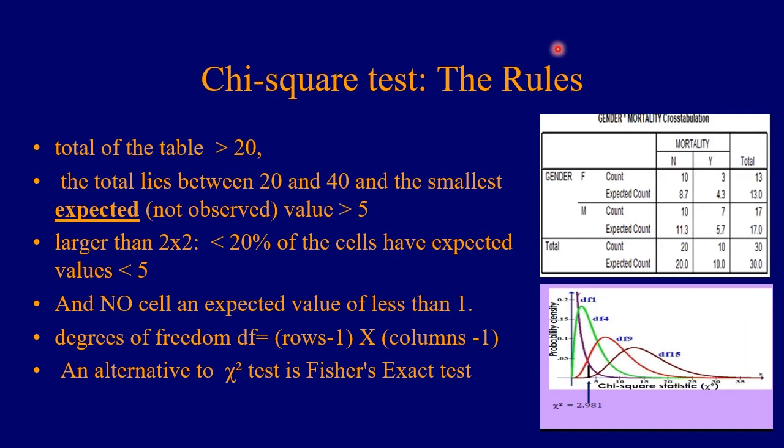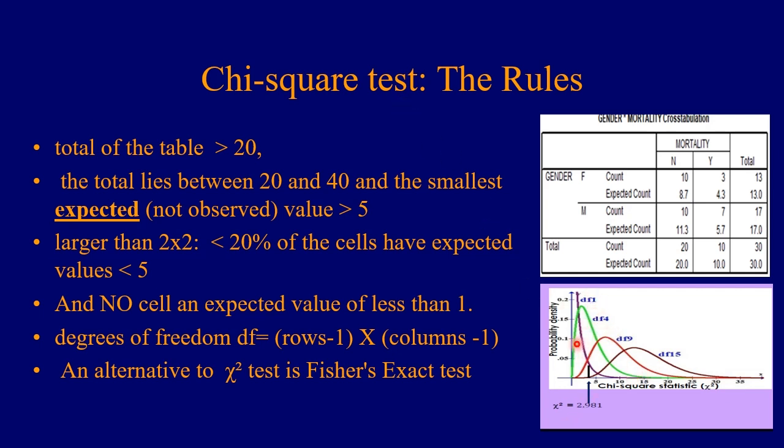But there are certain rules that should be applied in a chi-square test. The total number of the values in the 4 squares should be at least 20. And the expected value in each of the 4 squares should not be less than 5. And in case we are using bigger tables like 3 by 3 or 3 by 4 or whatever, then only 20% of the cells should have a value less than 5, and none of these cells should have a value less than 1. The other thing is we need to measure the degrees of freedom for the chi-square test,